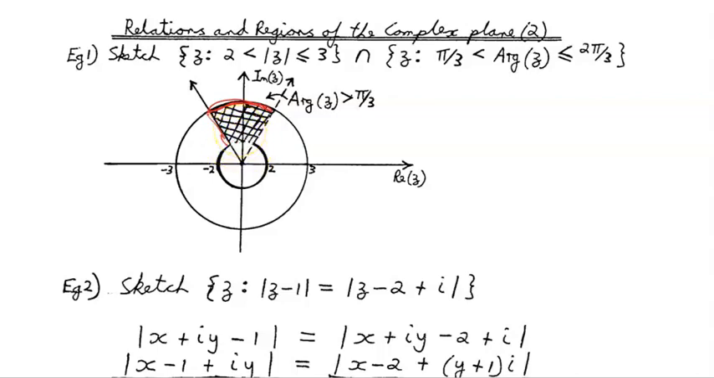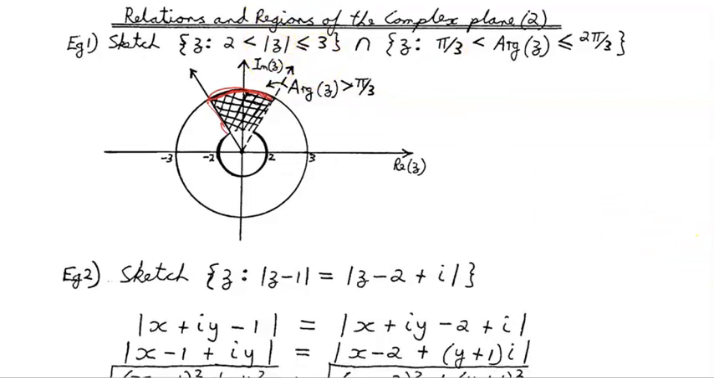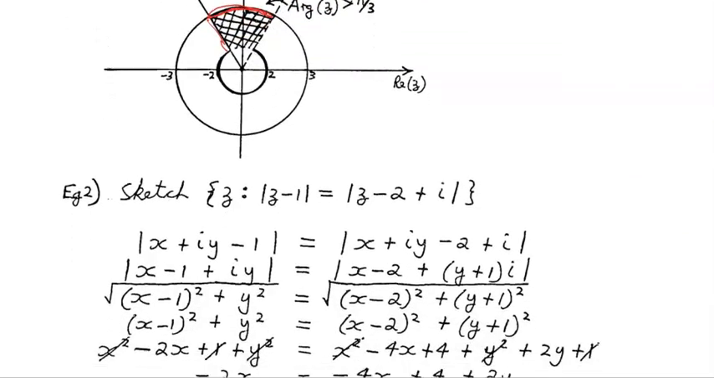And likewise, the points here, pi on 3, they're not included. So that shaded region is the one we're after. That's the intersection between the two. All right, and one more. Here's another one. Let's sketch